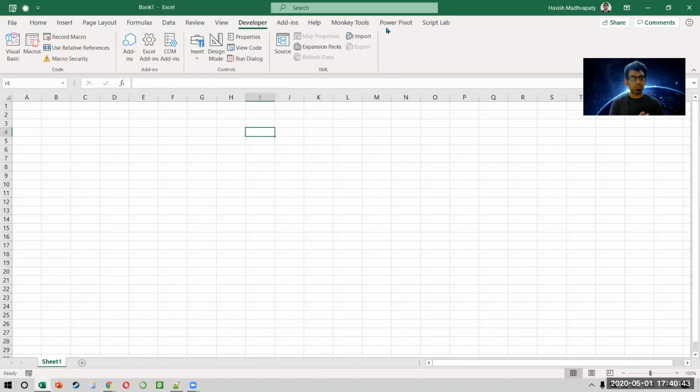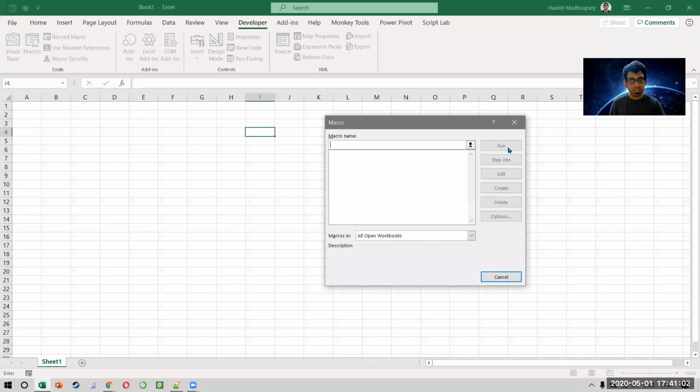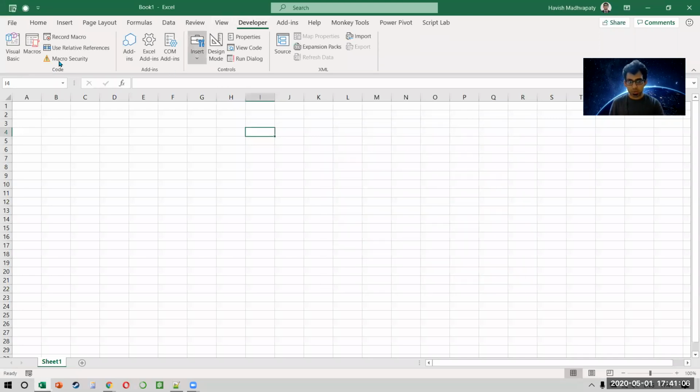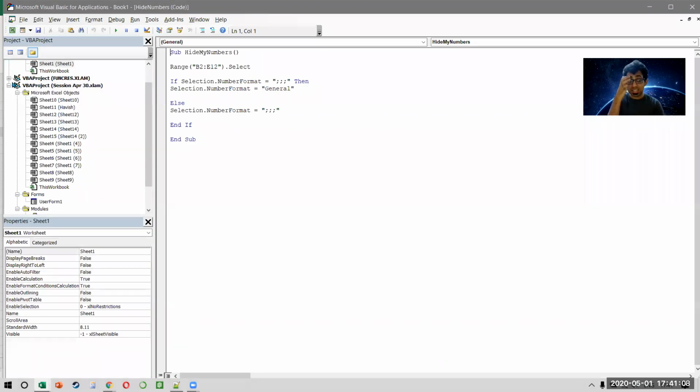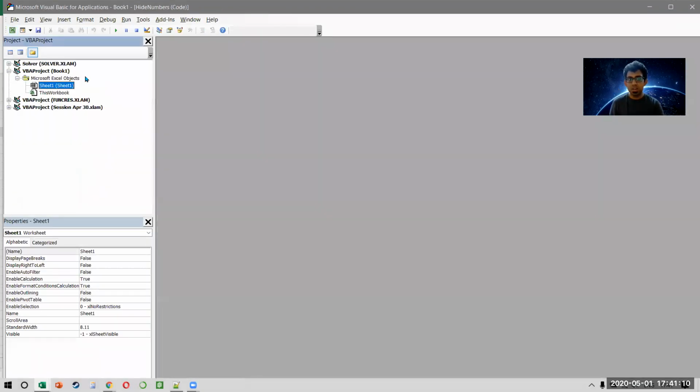So I hope the process was clear. We created an XLAM which had a list of my own macros in it. I put it in a designated folder and then I have enabled it on my Excel file. The problem is that this does not give you the ability of accessing that macro. So if you notice, when I click on macros here, it doesn't show me that particular macro that we have. But when I go to developer and Visual Basic, you notice that that XLAM is already visible here.